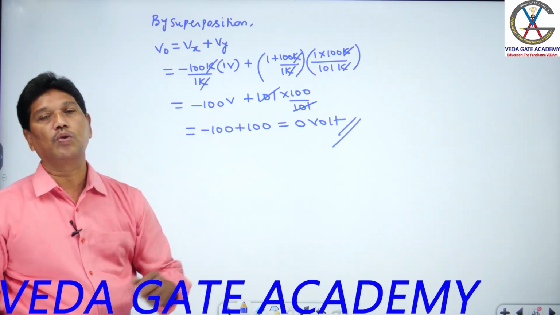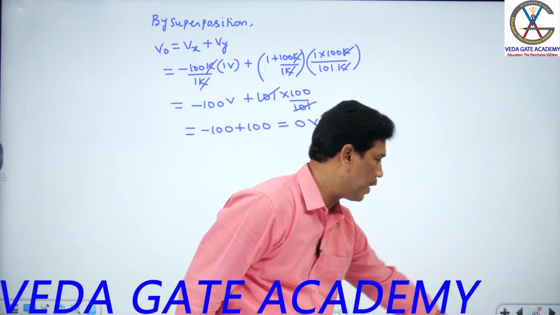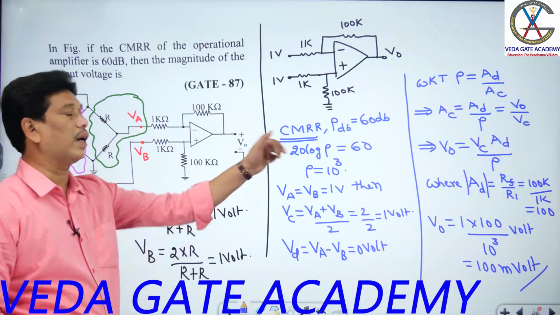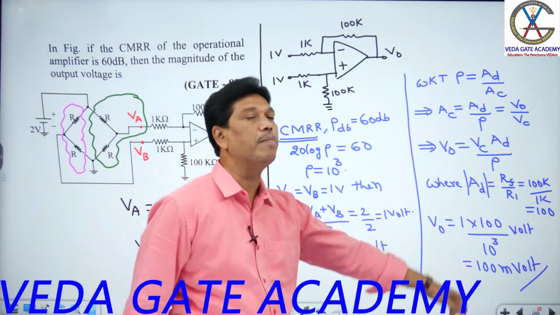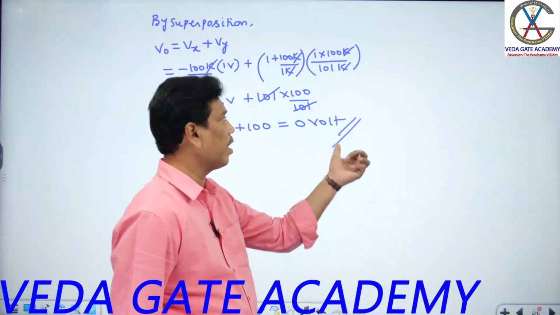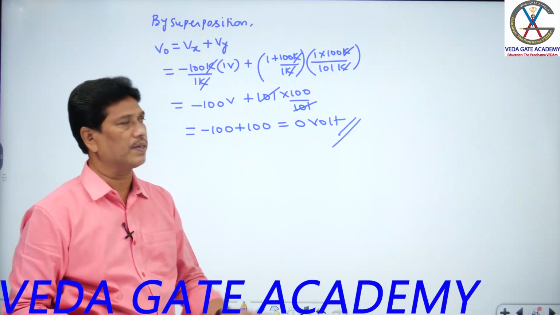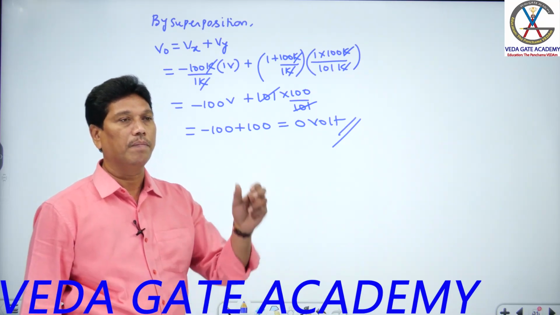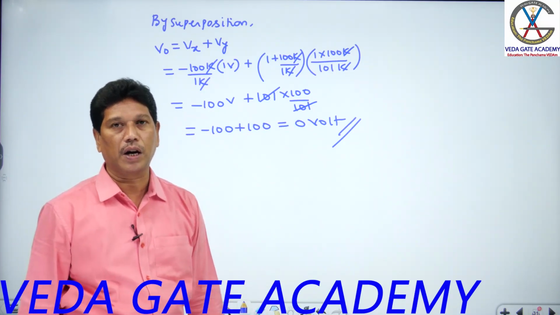If you solve that using the superposition principle, this is considered under ideal. So for that, you consider the calculation using CMRR. Using CMRR only you need to calculate, students. Given the specific case from CMRR, you get around 100 millivolt, that is nothing but 0.1 volt. So with the superposition principle, it looks like 0. This procedure is not considered because CMRR is considered. If you don't specify CMRR, you may directly write output V naught equal to 0. Because CMRR is specified, based on that I can calculate that the output could be around 100 millivolt. Understood, students?